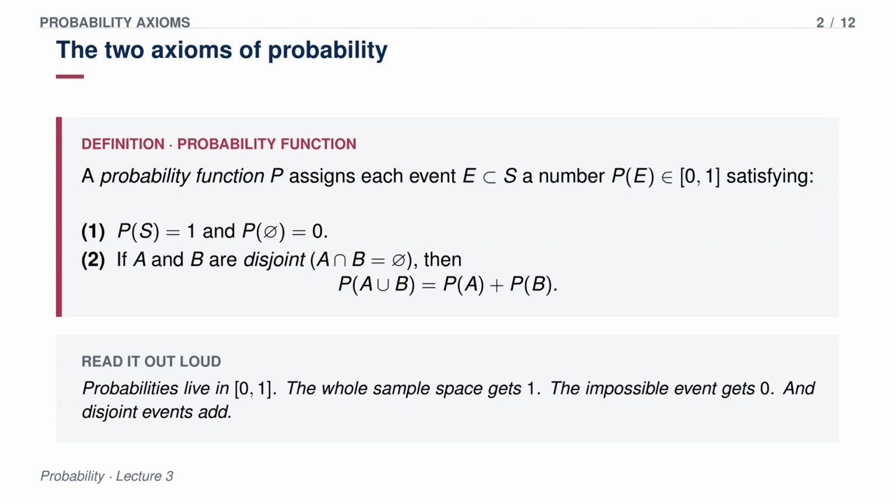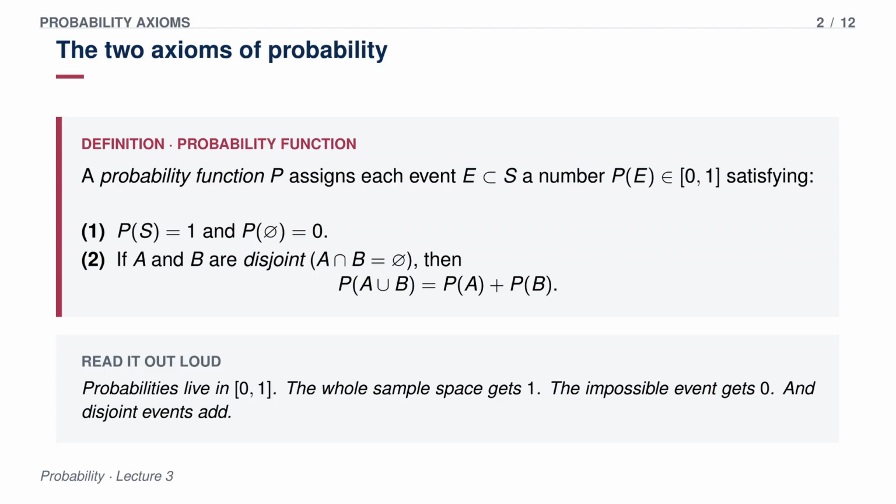Makes sense. Axiom 2 deals with how we combine things. It says that if two events are disjoint, meaning they cannot possibly happen at the same time, then the probability of A or B is simply the sum of their individual probabilities. So if they do not overlap at all, you just add them together. Yes. And what is really fascinating about this framework is that every calculation you perform, every complex predictive model you might encounter later on, ultimately flows from just those two axioms and the 0 to 1 constraint. That's the entire foundation. That is it.